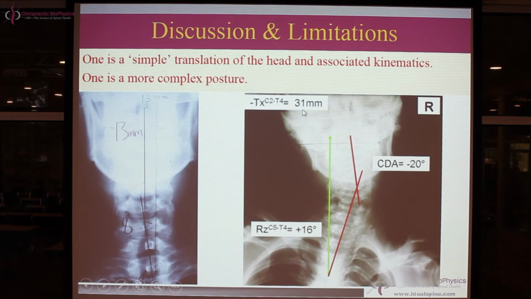Now, number one, this is a neutral x-ray of a real patient. This is not one of our normal subjects. This person stands like this. This is what they think is normal, okay? I'm gonna show you a case study next week on this very person, okay? So this is the person's neutral posture. Look at this,